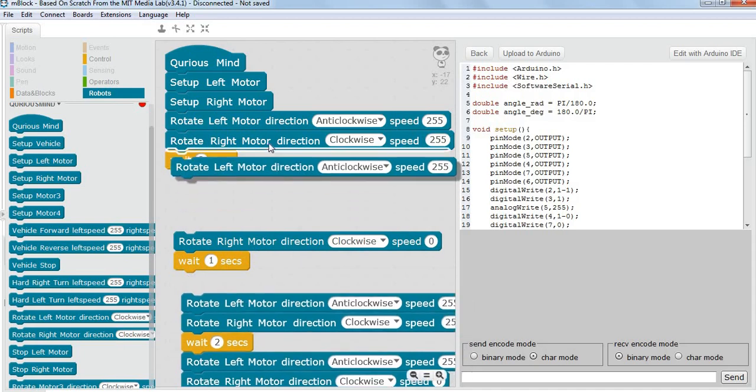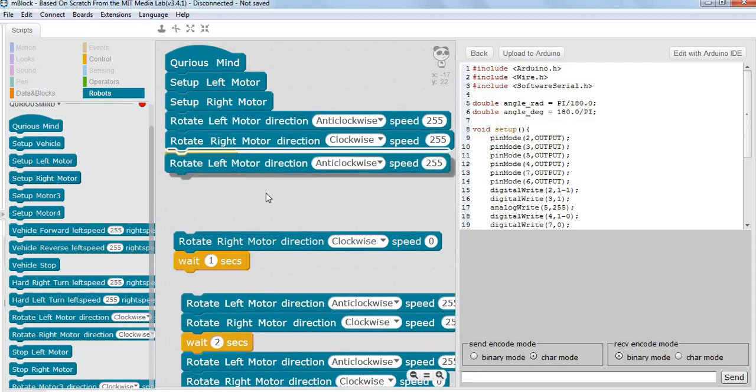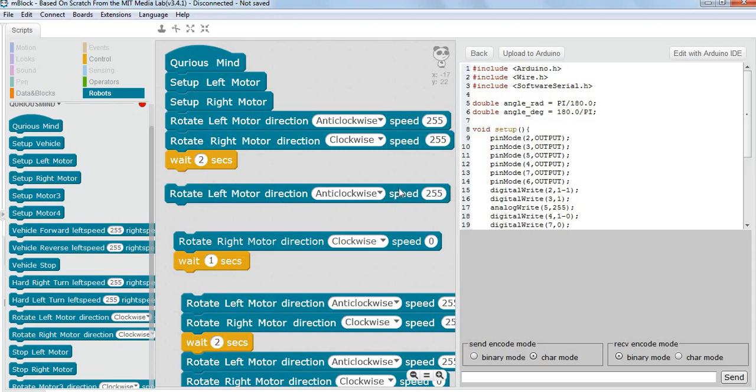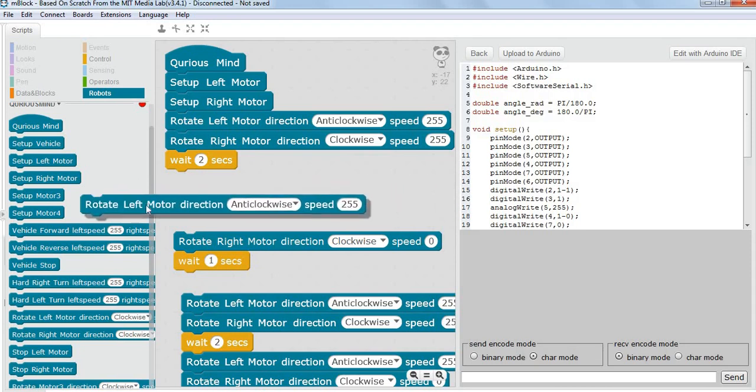So if we see, this command is performing the same action, we are not making any change, then why should we do this? Because the left motor is already moving in anti-clockwise direction at 255 speed. We don't want to tell the left motor again to continue doing the same. So we don't need this command.